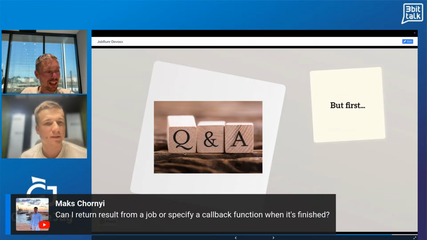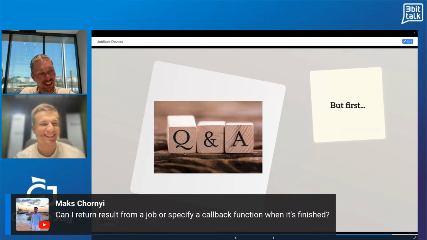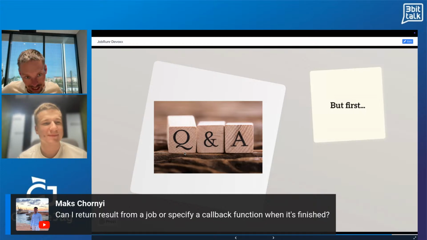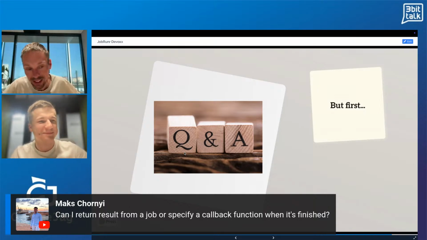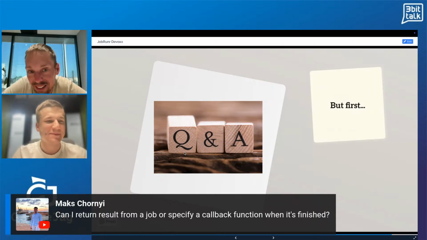Good question. I like it. Yes, it's possible, but I'm afraid this is part of the pro version. And that's a little bit the difficult part with open source. Where do you put which version? And yeah, I've got 3 kids to feed, so I'm sorry that it's only available in the pro version, but it's possible. Fair enough.